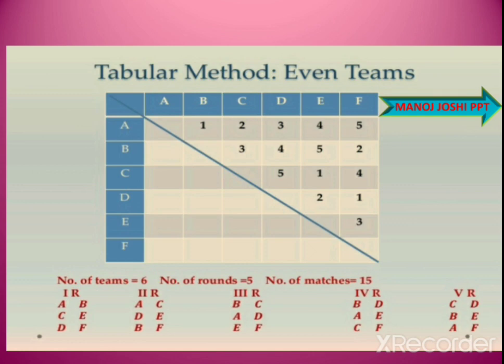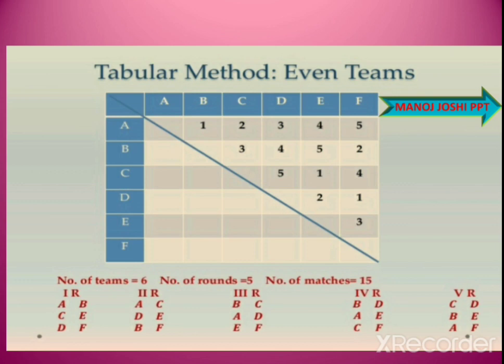So horizontally and vertically we can see A, B, C, D. We have written alphabetically the names of teams A, B, C, D, E, F. 6 teams are there. So we are making 1 more box on both sides. So this way we have 7 boxes. And from downwards we can see A, B, C, D, E, F. So we have 1 more box there. So 7 boxes are there. And we cut this square box from the middle. This line we can see, blue line, the half we have made.